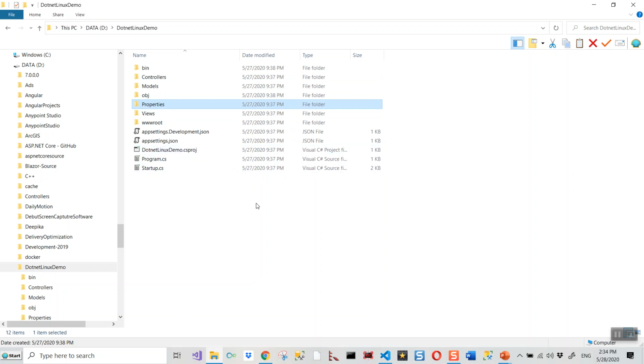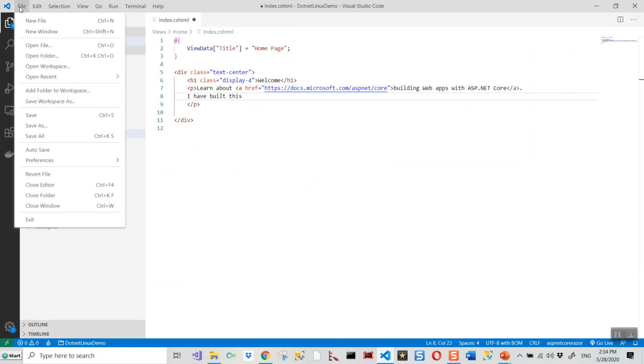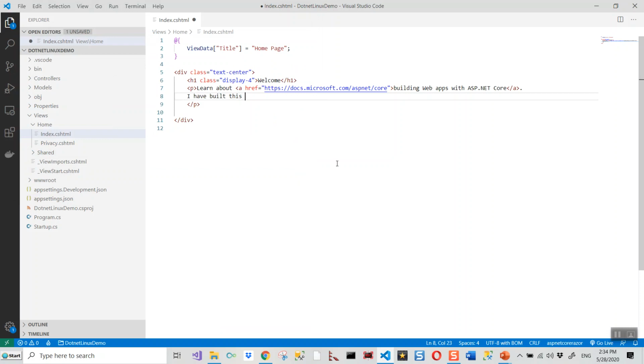Now let's switch over to Visual Studio Code, and I have already opened this .NET Linux demo from File, Open Folder. So it's already loaded.